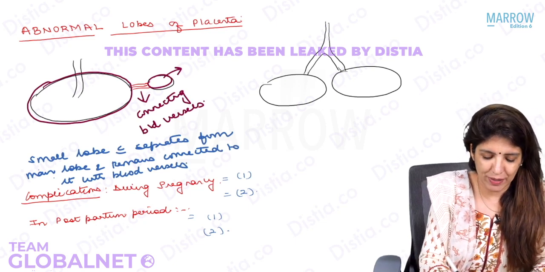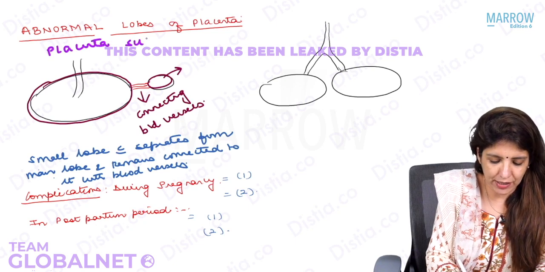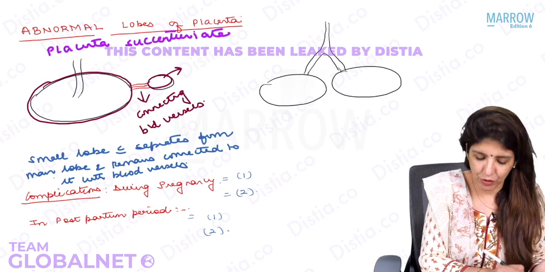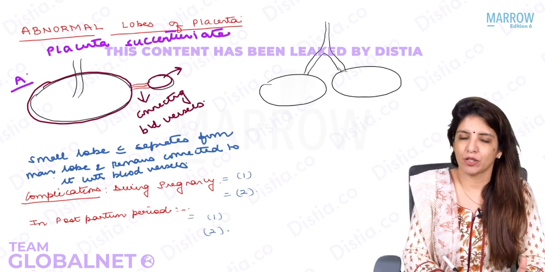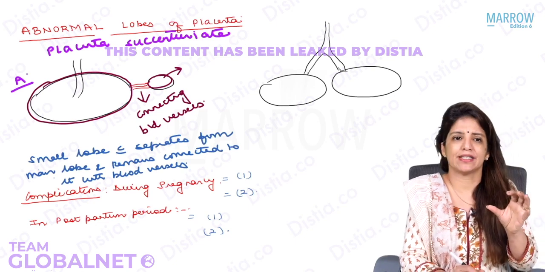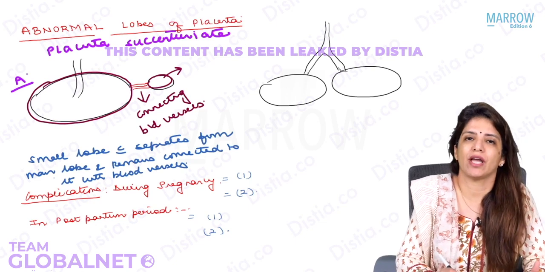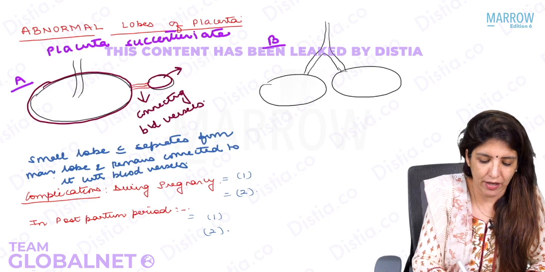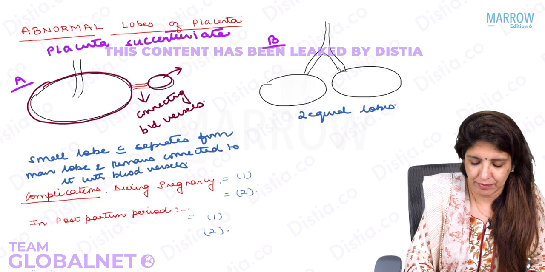Then such a kind of placenta is called as placenta circumvallata, or circumvallate placenta. Right? So this image over here, what I have drawn is a circumvallate placenta where a small part of the placenta has separated from the main part and it is still connected to it with the help of blood vessels. On the other hand, in image B, there are two equal lobes of the placenta